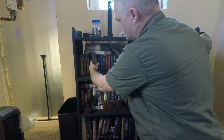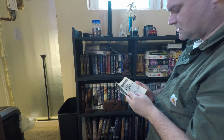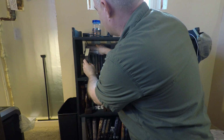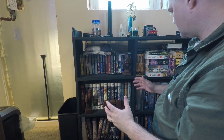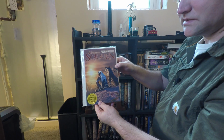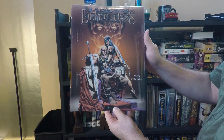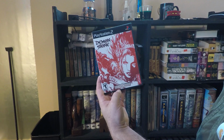And so when The Crystal Shard came out, that was, as Bob says, where it all began. And I began collecting his books. And as you can see, the collection just grew and grew and grew. And oddly enough, it went to collecting graphic novels, t-shirts, hats, little figures, calendars, campaign guides, audiobooks, video games, multiple